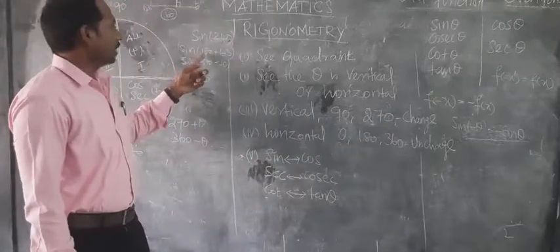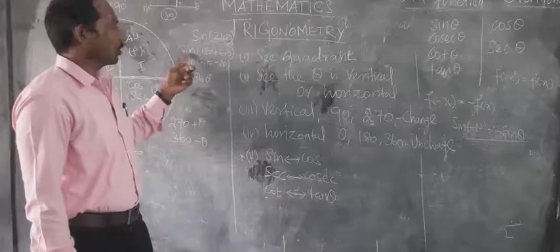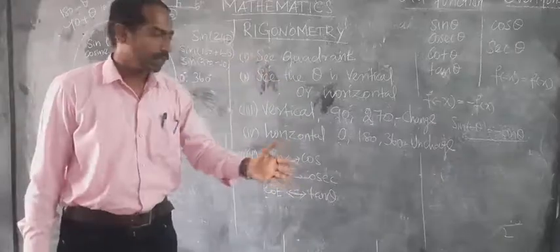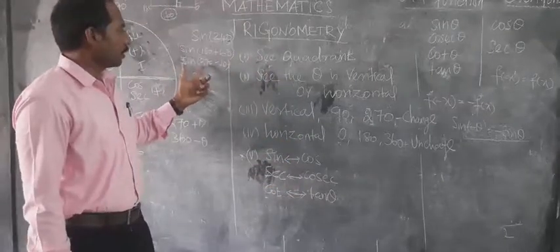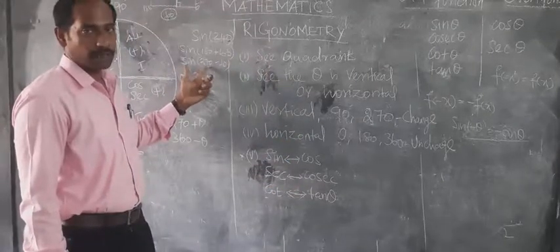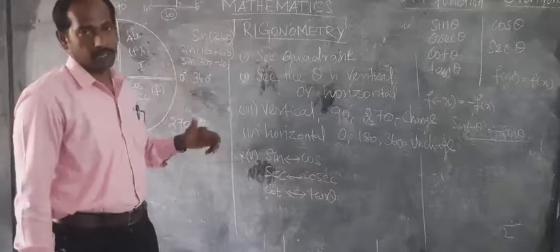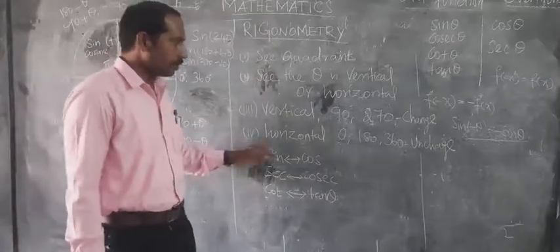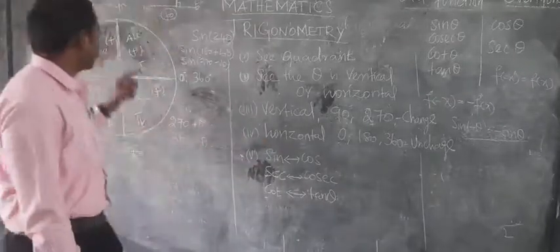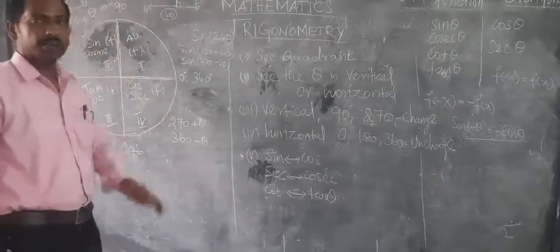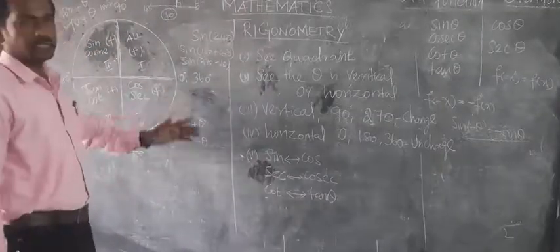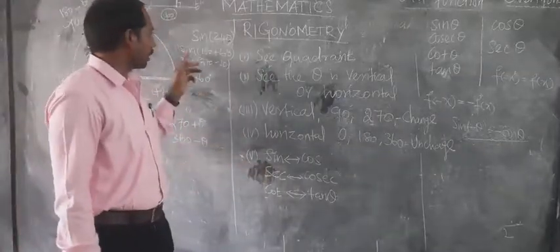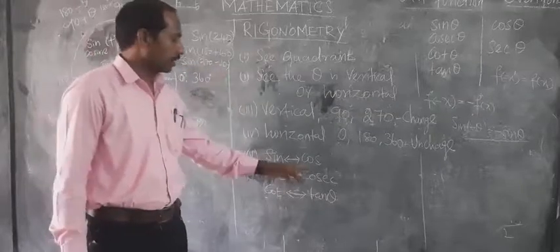So unchanged. So for 180 plus 60, what is the trigonometric identity? Sine. Sine means the answer will also be sine. But here it is sine 270, you are using 270, so it is a vertical theta. For vertical theta, sine will change to cos theta. Likewise it will change. So here vertical means change, 90 and 270 are changeable theta. 180 and 360 are unchanged. Suppose you are writing sin 270 minus theta, the answer is cos theta.